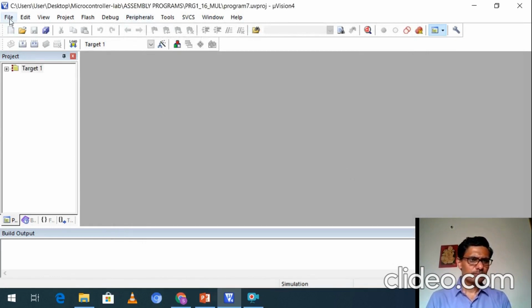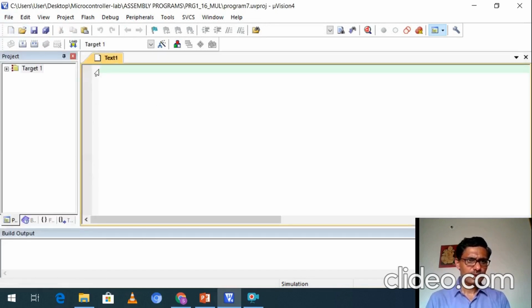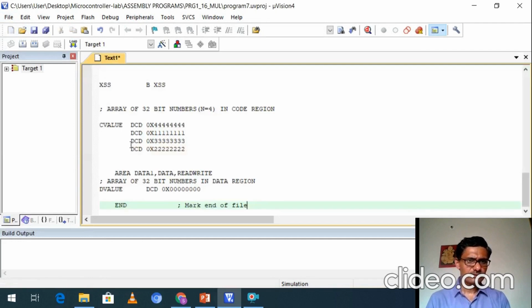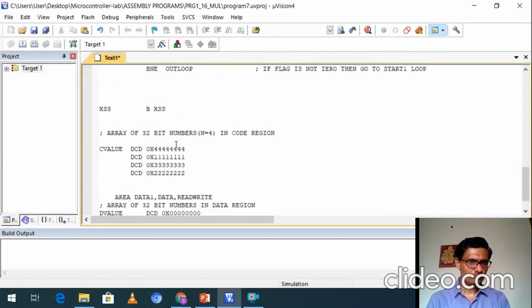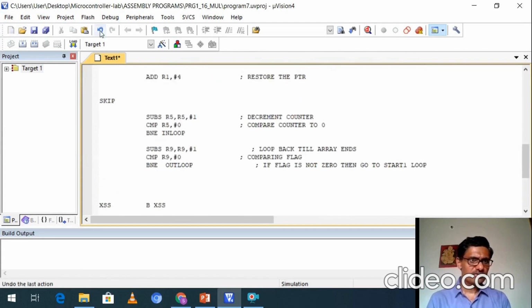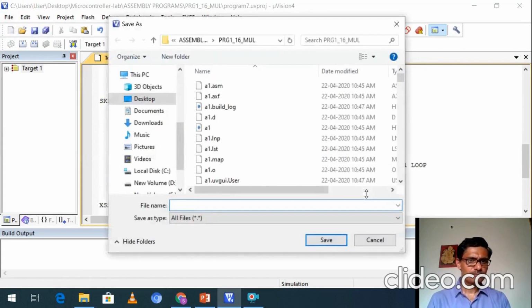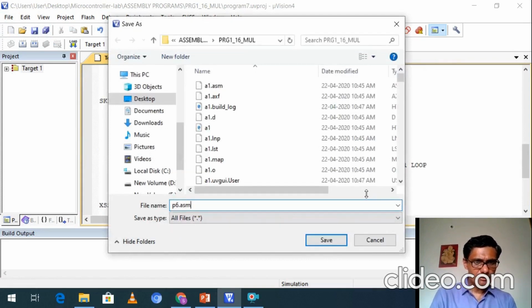Next part is to create a new file. I have already typed it, I'm just copying that here. The program is the same program which I explained in my slide. So the same program is here. Save the program. I'll give p6.asm as extension.